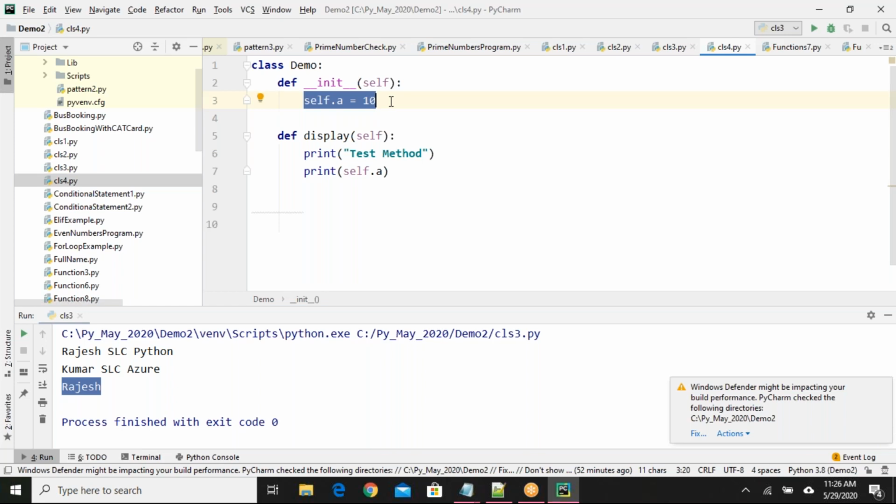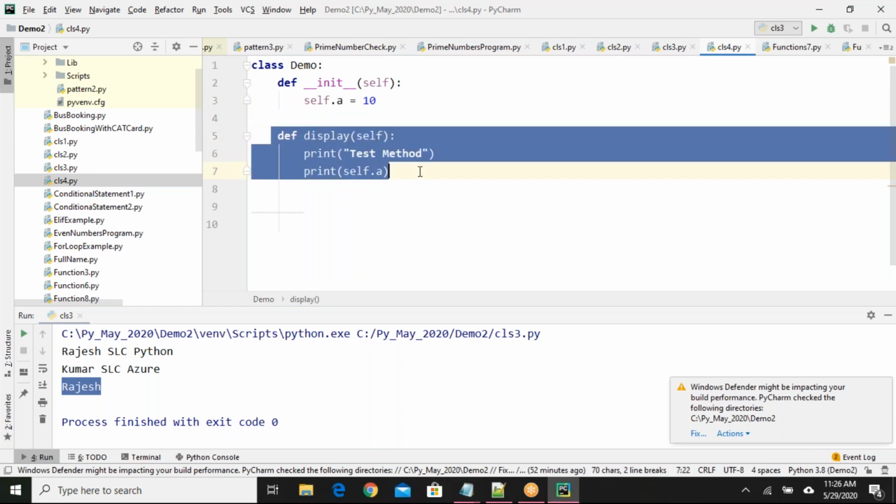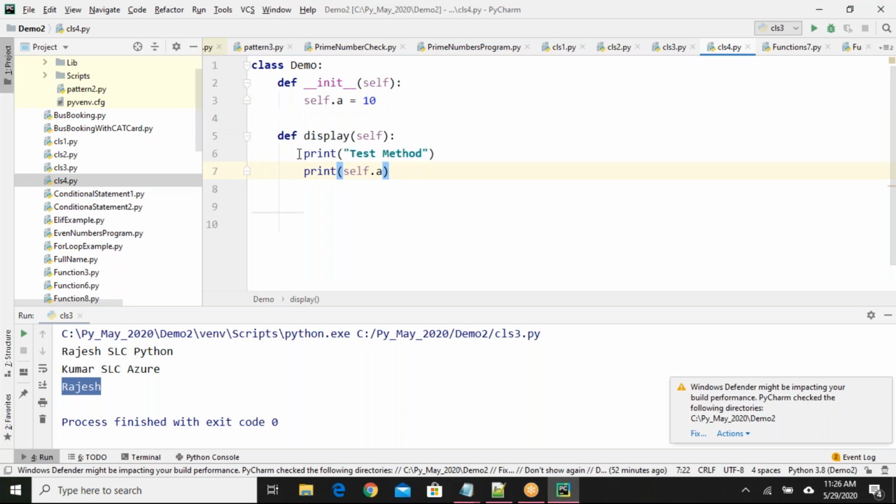Next I have declared one method, in which I print test method. Whenever I call this method, first it will print test method, then it will print self.a. That means the object-related a value will be printed. It's a simple method.